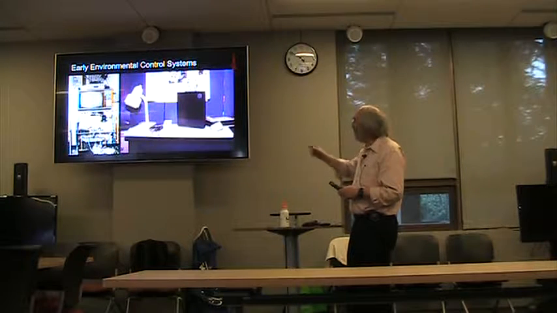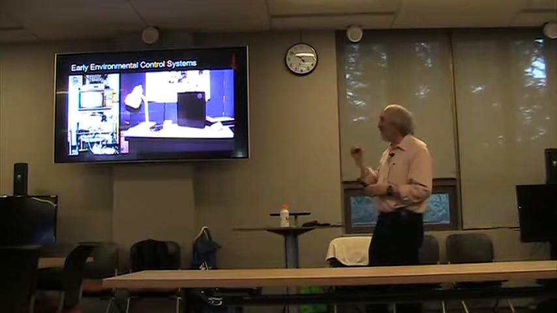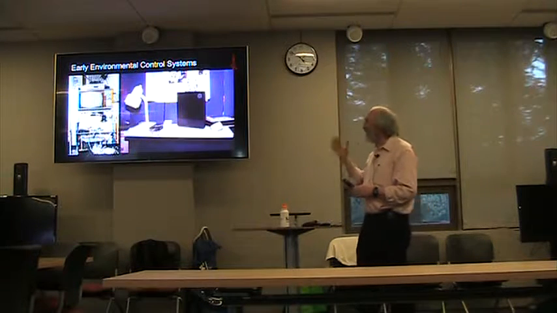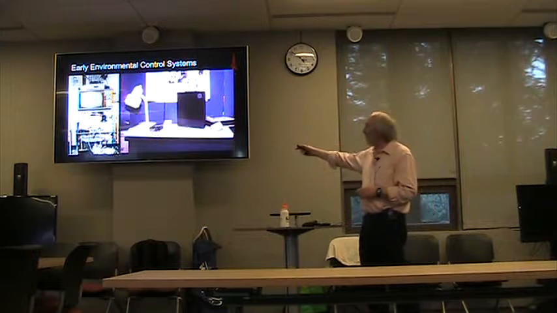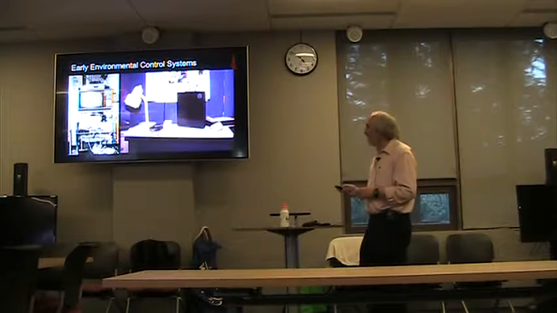This one on the right is called Butler in a Box, and I met the guy who built this. This is a speech recognition device in the 1980s, so this was really advanced. You spoke to it and told it, turn on the light, turn off the light, turn on the fan, and it would recognize that. And it used a device called X10. So these are through-the-wiring type control signals that would turn on and off devices. And you see a lot of those on the market still.